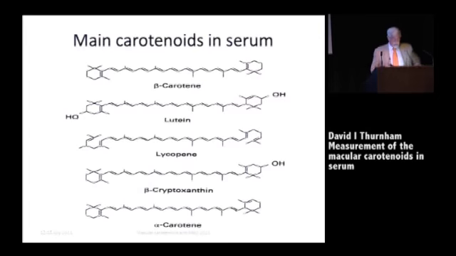Now the carotenoids, you've seen these structures yesterday from John Landrum. The important point about them is that beta-carotene at the top there is a good source of vitamin A, because if you split across the central double bond there, you produce 2 molecules of retinol. This beta-ionone ring structure with a subsequent conjugated chain is the relevant factor for vitamin A nutrition. Where it occurs in a carotenoid, it is a source of vitamin A. So with alpha-carotene, you have the structure here. With beta-cryptoxanthin, you have the structure here. So these are sources of vitamin A.